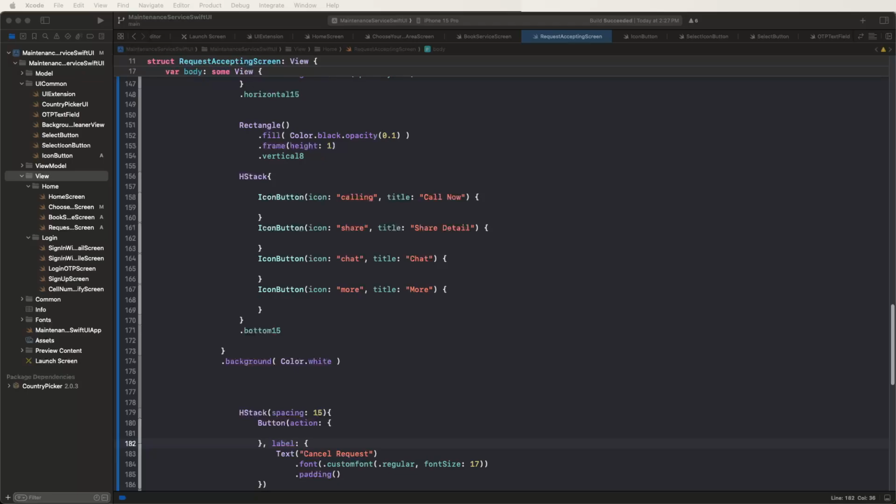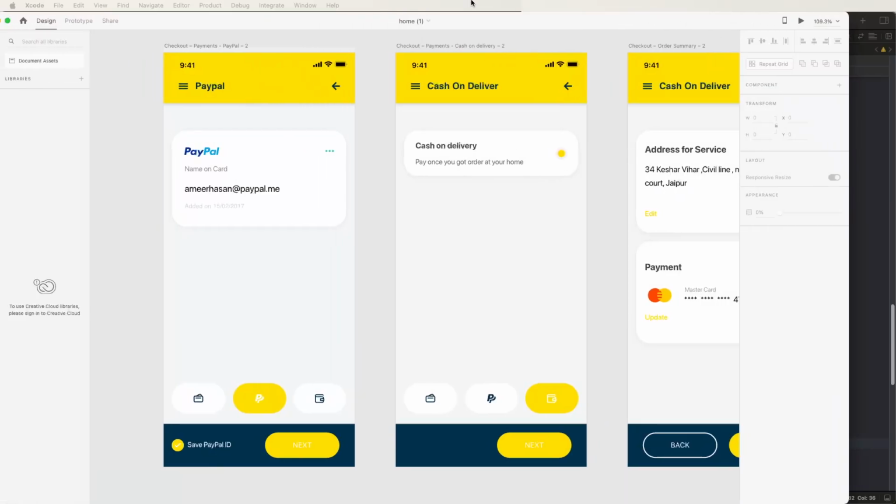Today we need to develop the payment methods. We need to develop the PayPal and cash on delivery UI here. First of all, we need to see this UI inside the XD files, and then after that we need to develop it inside